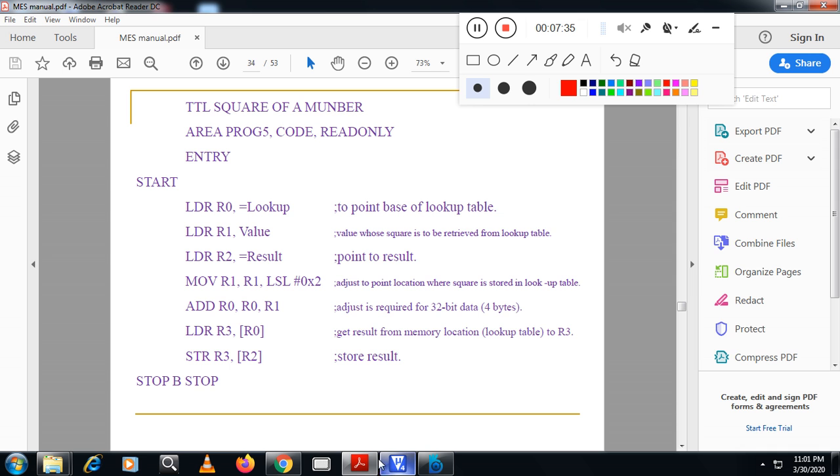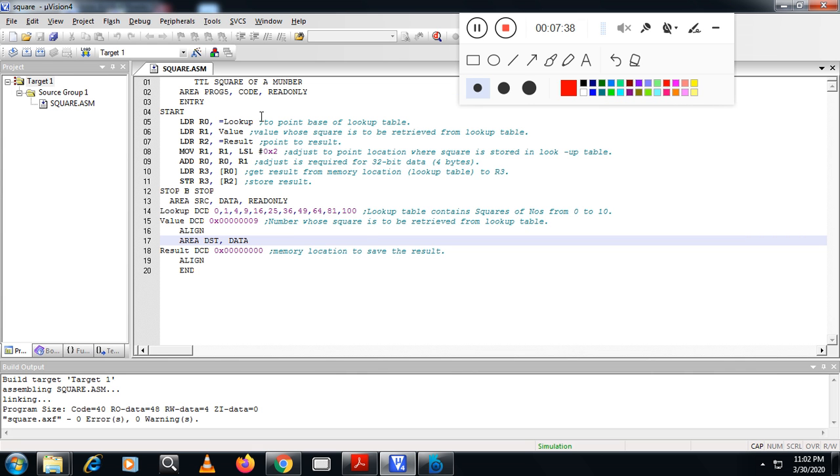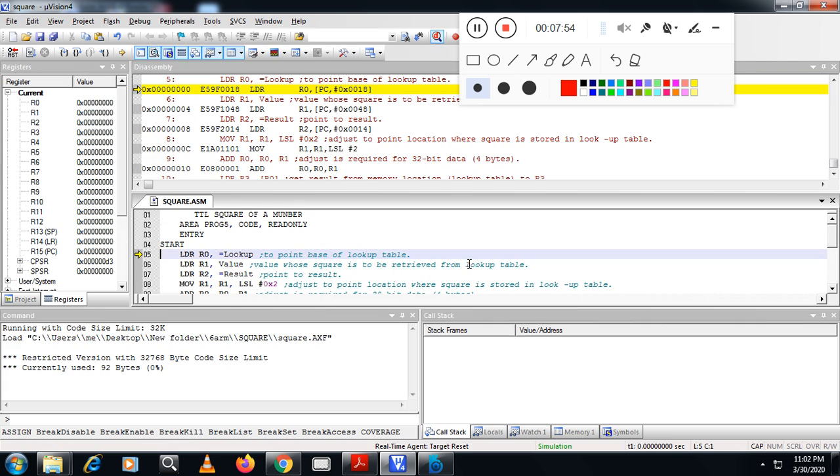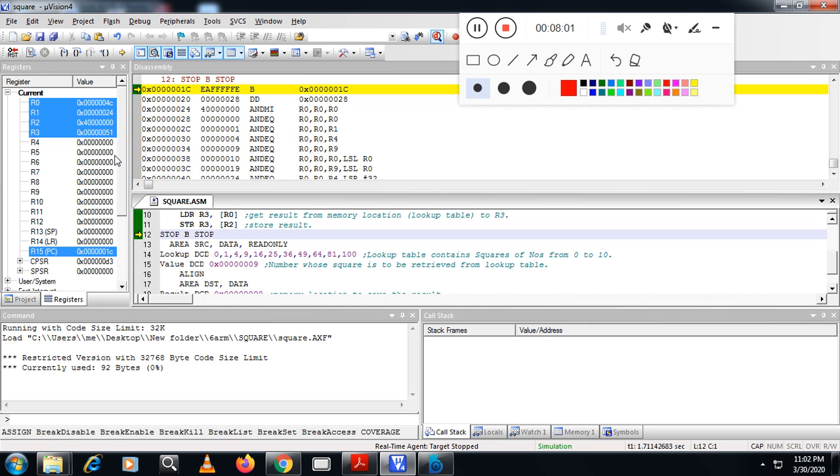Let's go back to the Keil version and we'll see. The program is already loaded here. The project is already open and you know how to open the project. Let me directly execute this program. 0 errors. Then debug session. It will start the debug session. Let me execute the program at once. Now you can see the value is loaded in the R3 register. The value in R3 is 51.